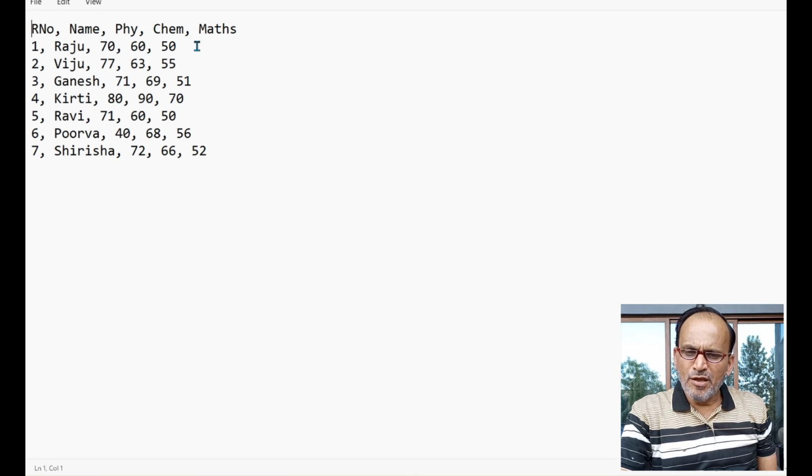What happens is when the data from a text file or a CSV file is being imported into an Excel file, Excel needs to know where the column change happens. The column change happens with this separator. So here it is the comma that is being used as a separator. It is possible to use comma or tab or even space. Popularly used is comma, and the files when they are saved as .csv, that is comma separated value files,